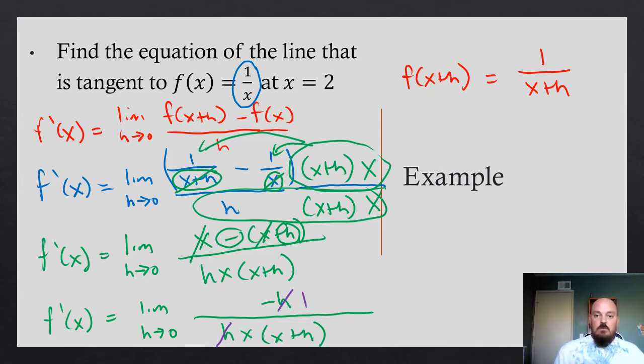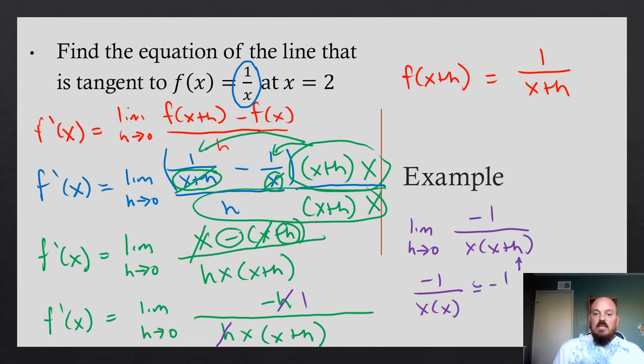And what I have now is the limit as h approaches 0 of negative 1 over x times x plus h. And your last step, remember, after you cancel those h's, your last step is to do direct substitution with any h's that are still left. So if h is approaching 0, this h right here is basically going to disappear. So what we get is negative 1 over x times x, or negative 1 over x squared. And that's our derivative. So remember, that was a ton of work, and I told you that's like 90% of the question. We're